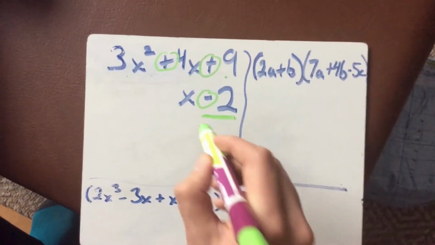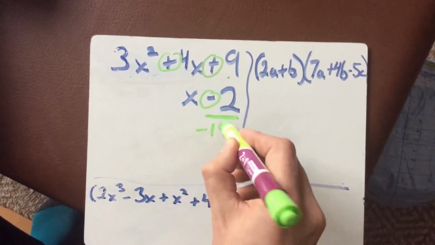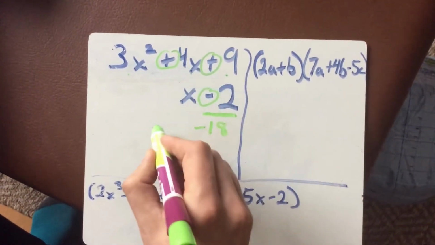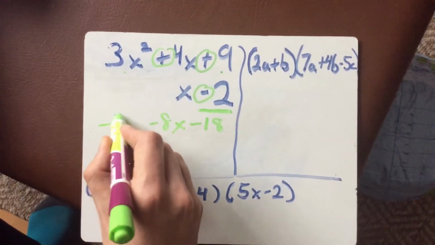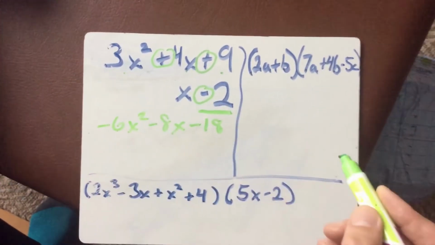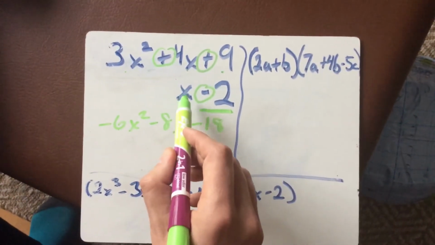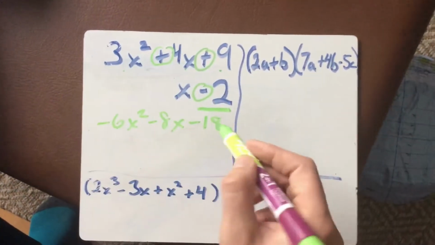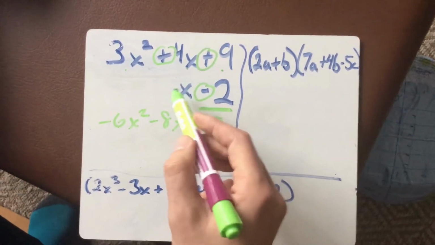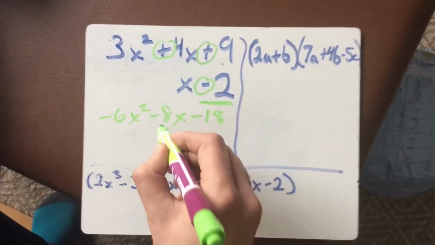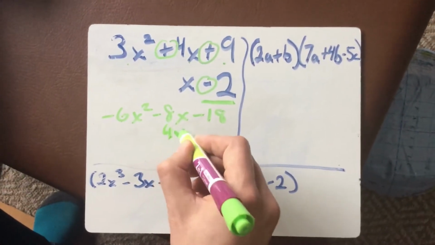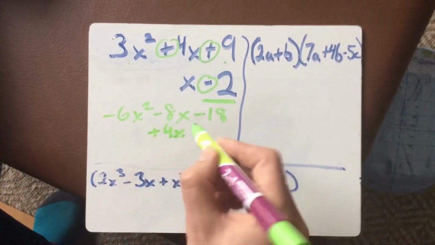So 9 times negative 2 is negative 18. 4x times negative 2 is negative 8x. 3x squared times negative 2 is negative 6x squared. Next, I'm going to multiply this x by all three of these terms, but I'm going to put those below, and I'm going to line them up with their like terms. So since 9 times x is 9x, I'm going to line it up with 8x because it is a like term, and I'm going to put